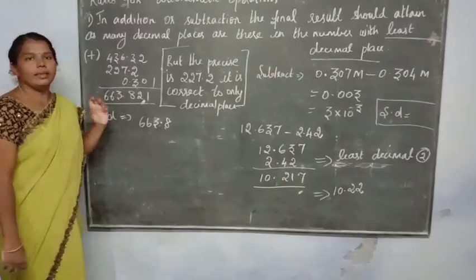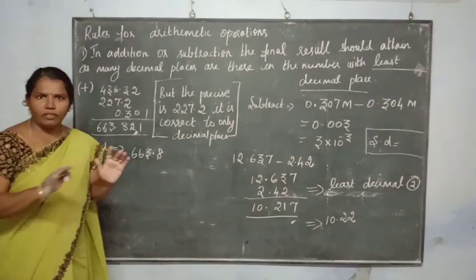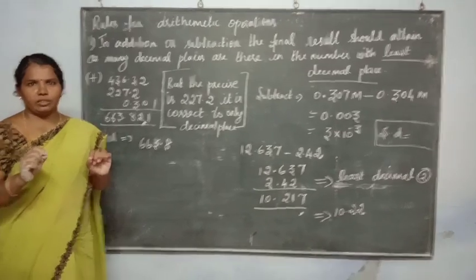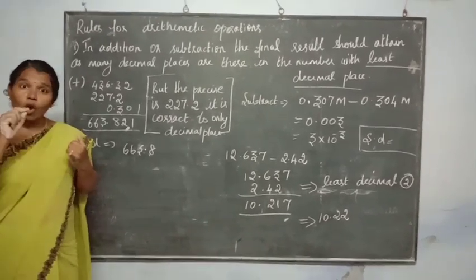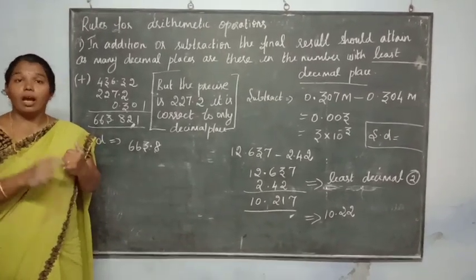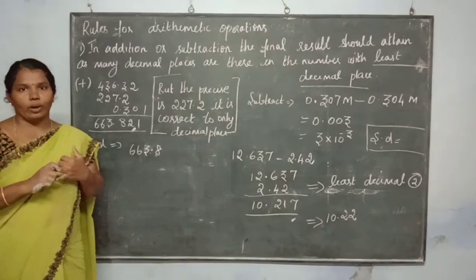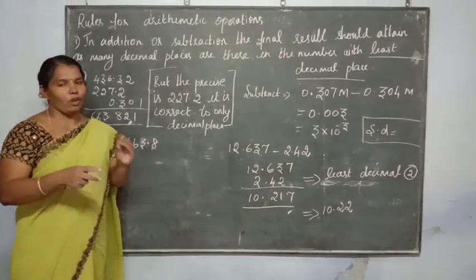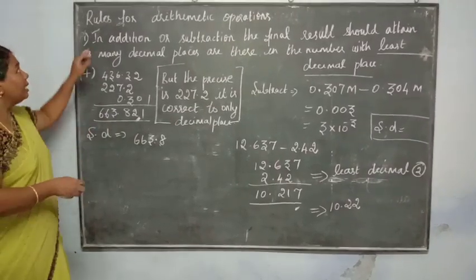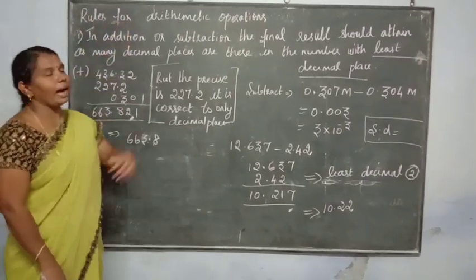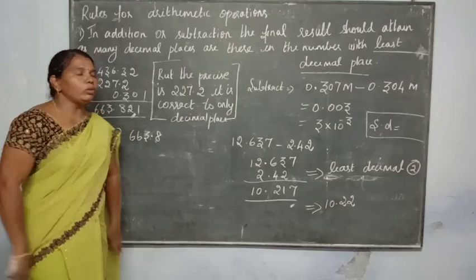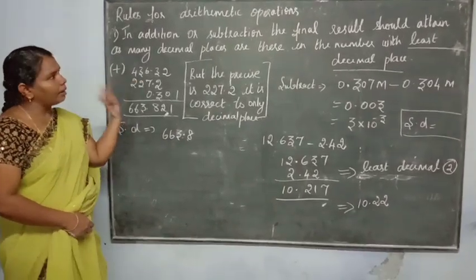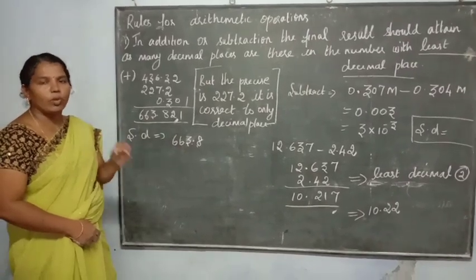Now we have seen the significant digit rules. Next question: why are we using significant digits? What are the applications? How is it useful in our physics and in scientific notation? Now I am giving some applications for using the significant digits. Here are some rules for the arithmetic operations: addition, subtraction, multiplication, and division.